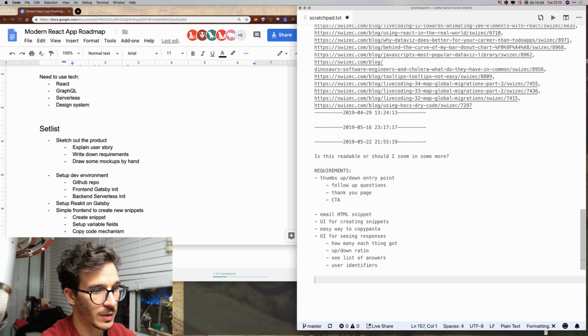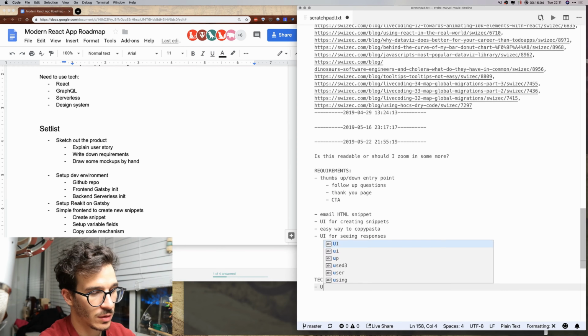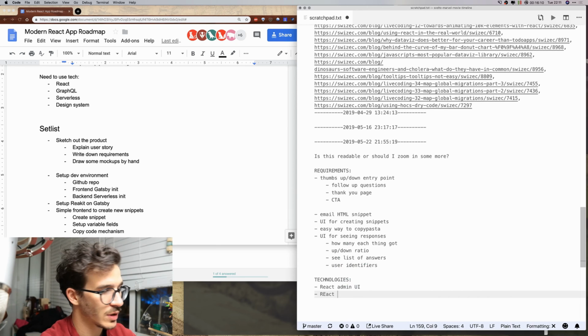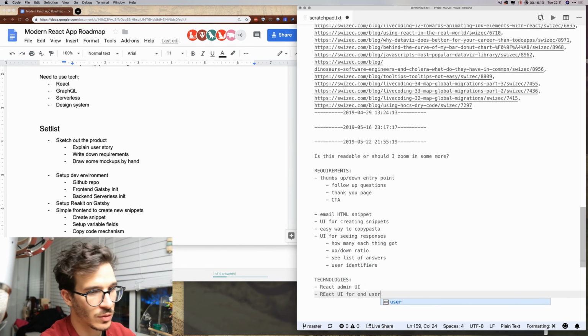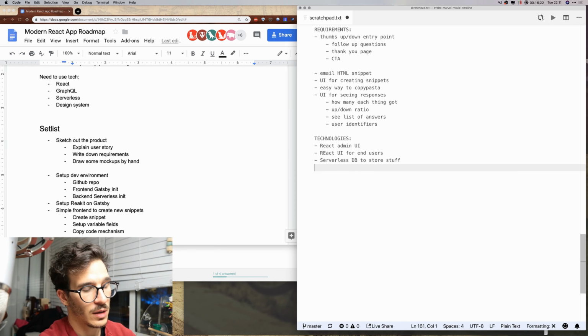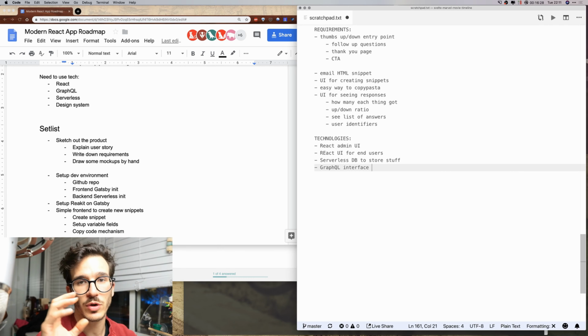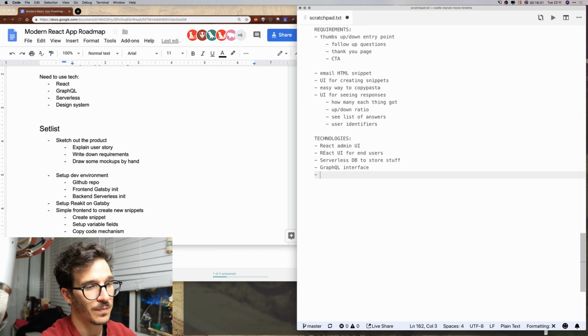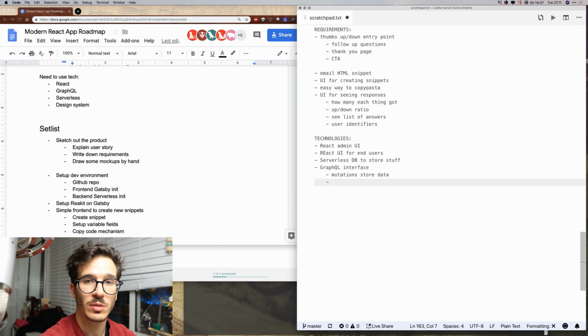So that's the requirements, and then let's write down the technologies. So we're going to be using a React admin UI, and then we're going to be using a React UI for end users, and we're going to use a serverless DB for storing stuff. We're also going to be using a GraphQL interface for both of those. So we're going to be using GraphQL mutations to store data, and we're going to be using GraphQL queries